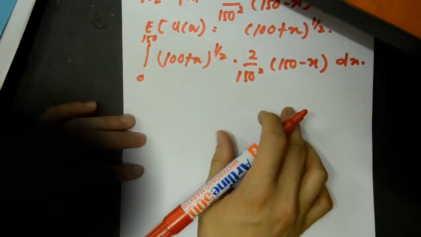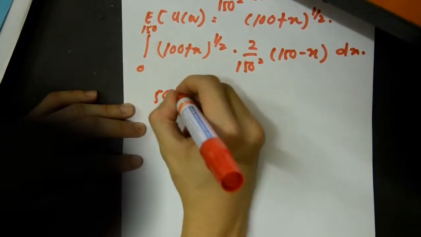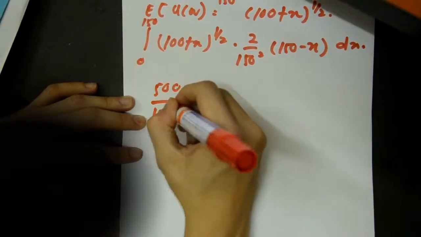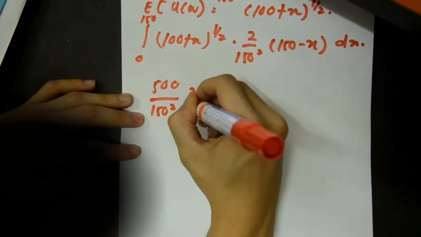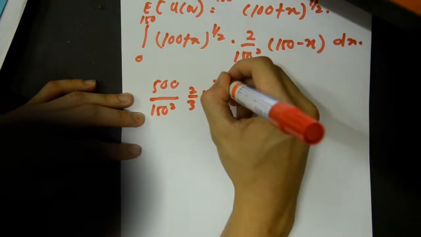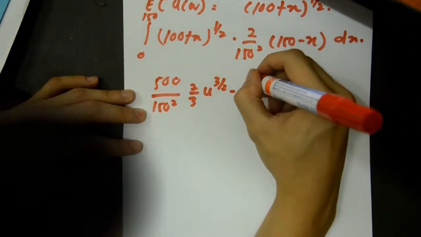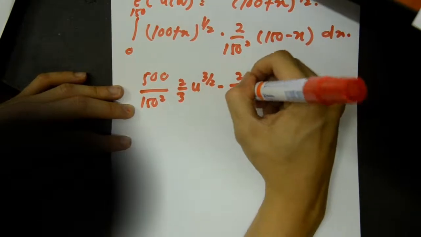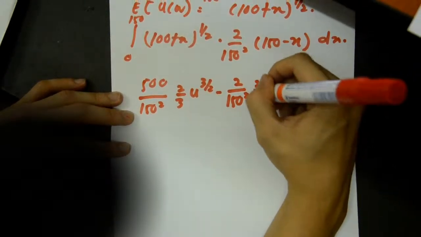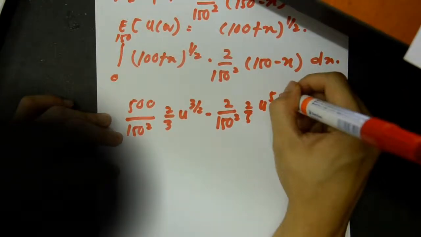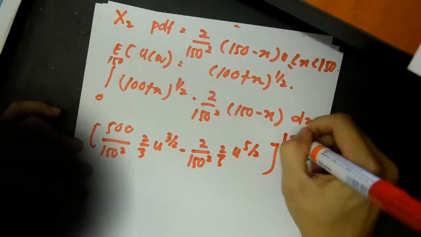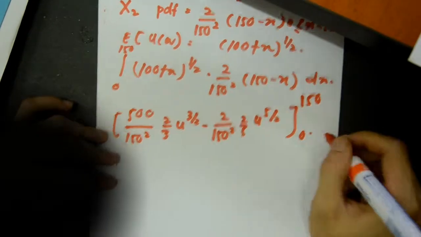And you solve for this, you will get 500 over 150 squared times 2/3 times (u) to the power of 3/2, minus 2 over 150 squared times 2/5 times (u) to the power of 5/2, and insert the limits. You will get the answer